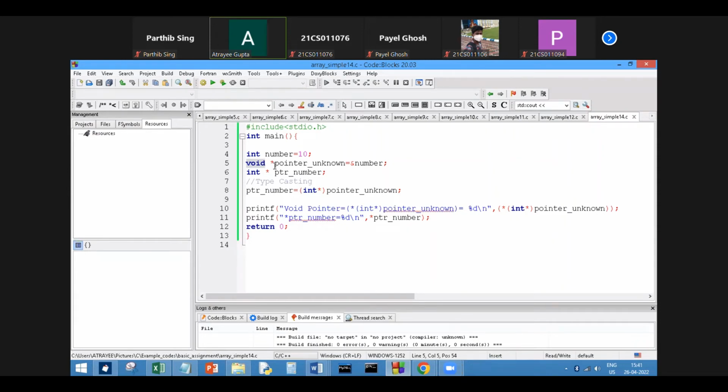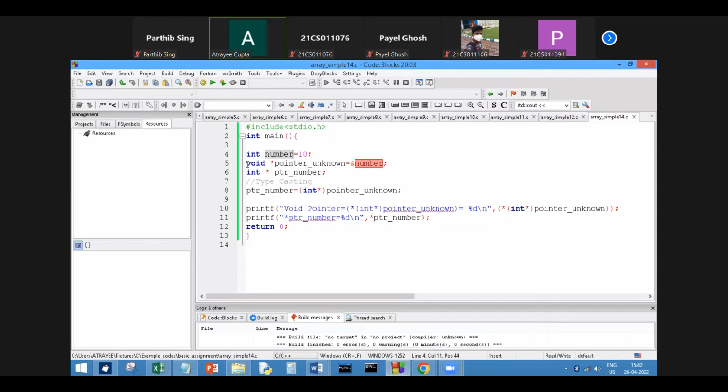So in order to use it in your code, you need to typecast it with the respective type. That means you convert it into the particular data type you want to point to. See, our pointer